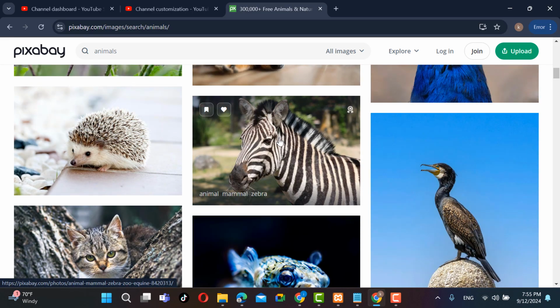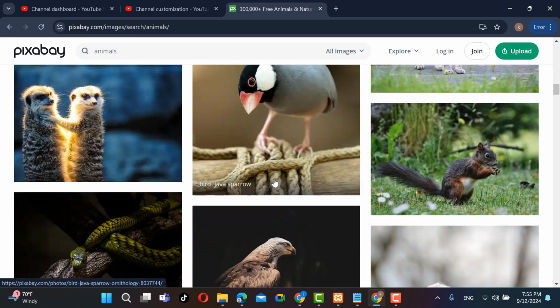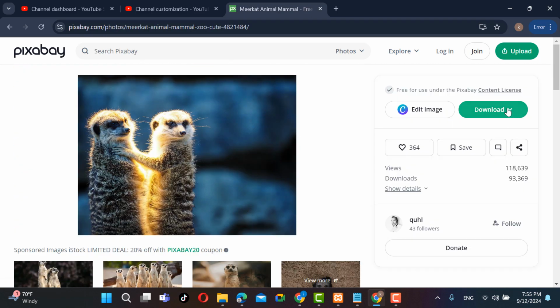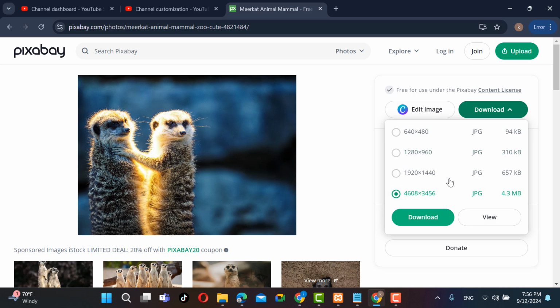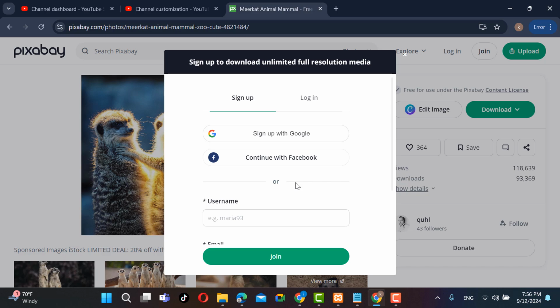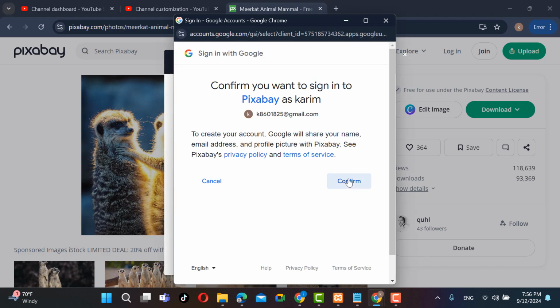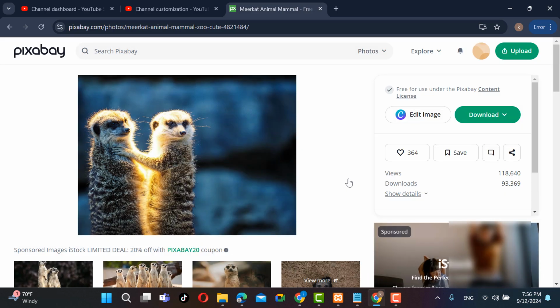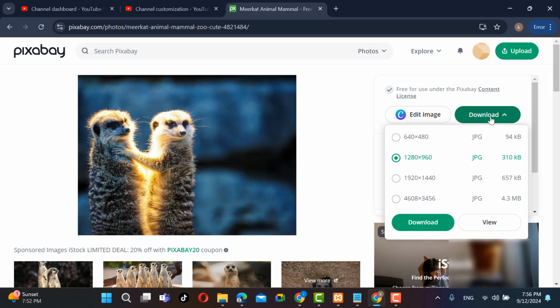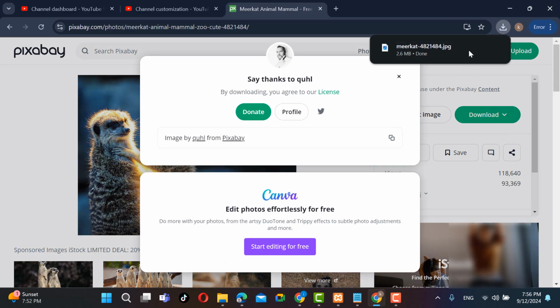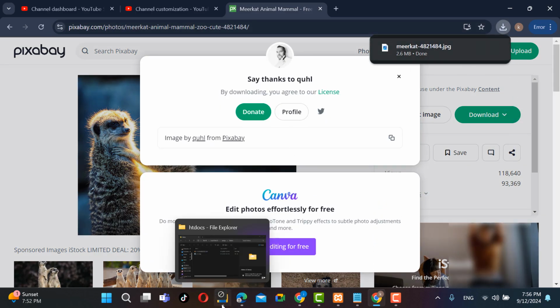You can select, for example, this one, click download and select it with a high resolution. Okay, then click download. Now you need to have an account on Pixabay to download pictures. Perfect. Then click download, select this one and click download. Perfect. This is the picture. Save it